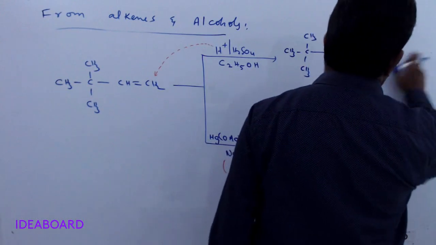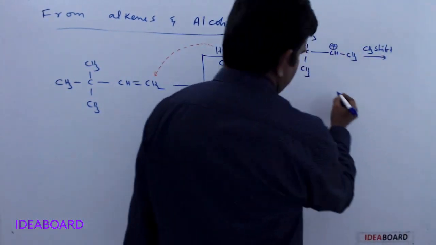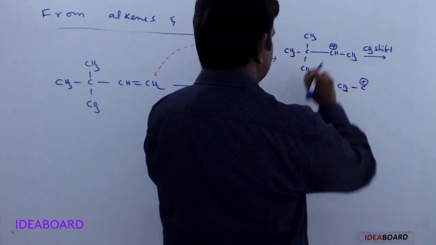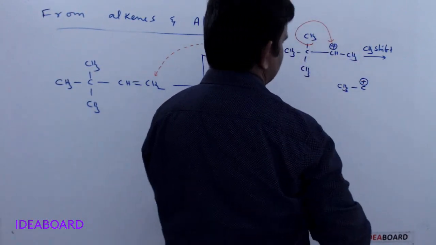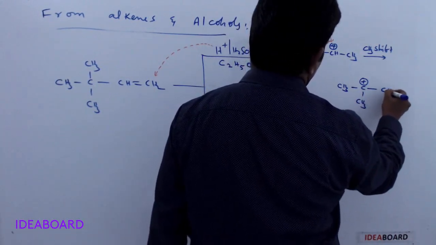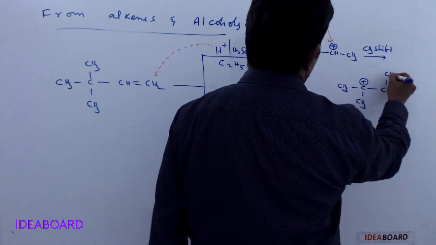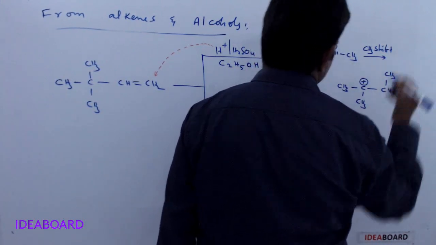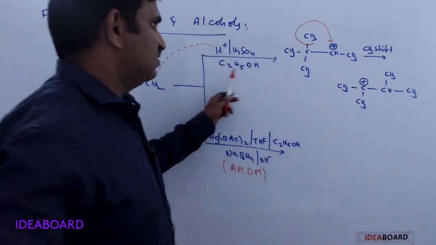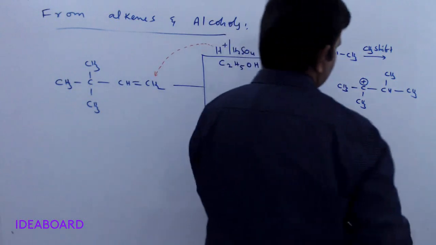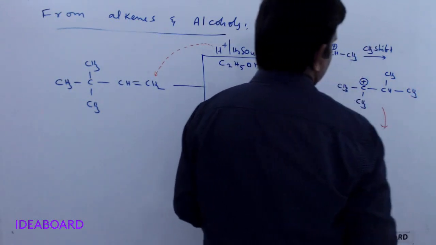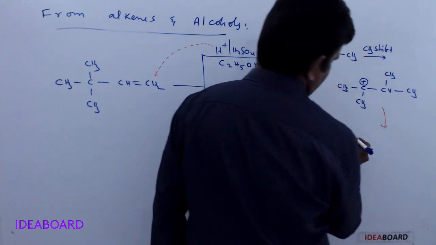Here it is not visible, I will write separately. Here we are getting CH3, C plus, meaning the positive charge is shifted onto this carbon. So we are getting CH3 and now CH, and a methyl group newly, so it is CH3. This is the compound formed. And on this carbocation, ethyl alcohol undergoes reaction. By the ethyl alcohol reaction, what happens?